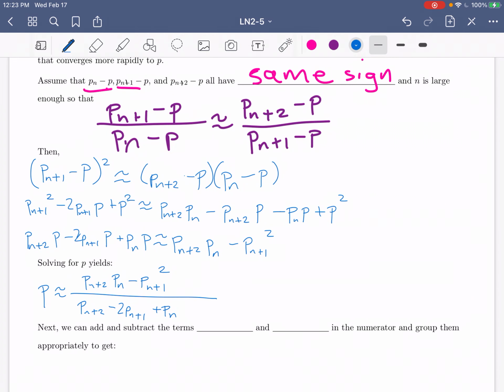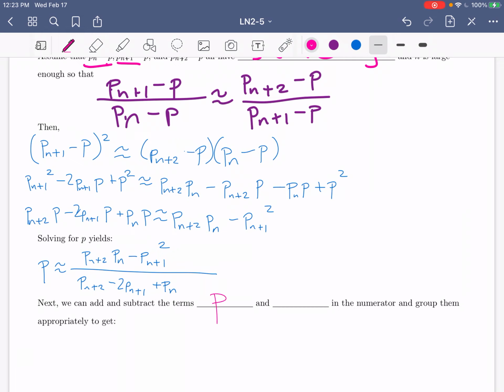We can add and subtract the same value to both sides, and that shouldn't change it. Add and subtract the same value from a single side, and then you can manipulate some things. So in particular, we can add a p sub n squared to both sides. We could also add p sub n squared and subtract p sub n squared on the right-hand side, and do the same thing with 2 p sub n times p sub n plus 1. And if we do that, then what we should end up with